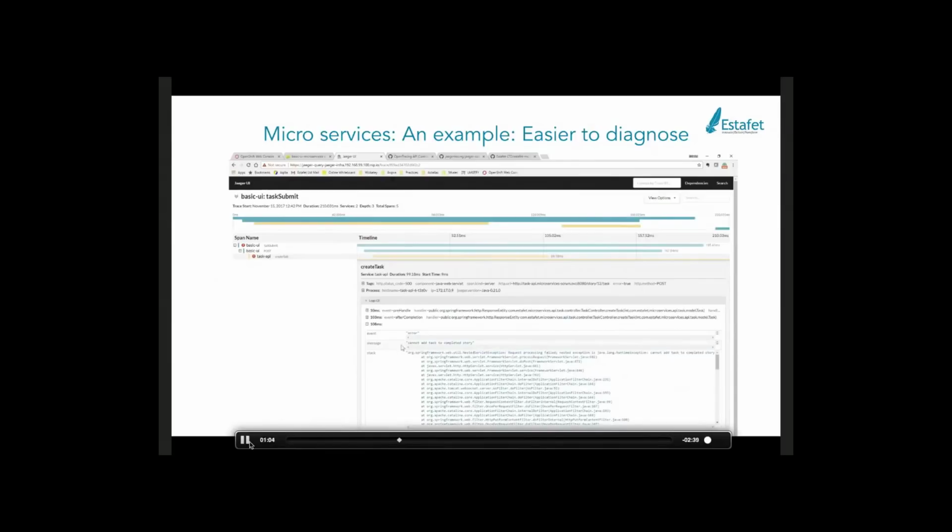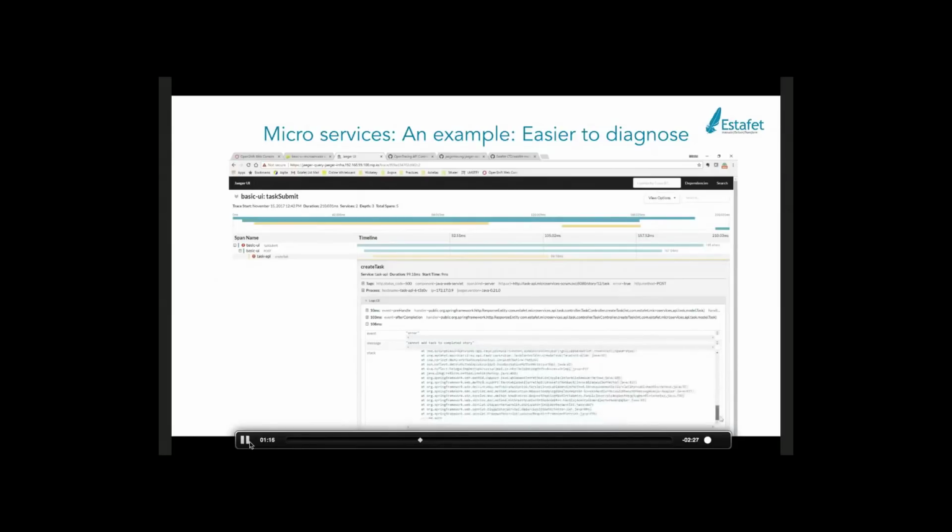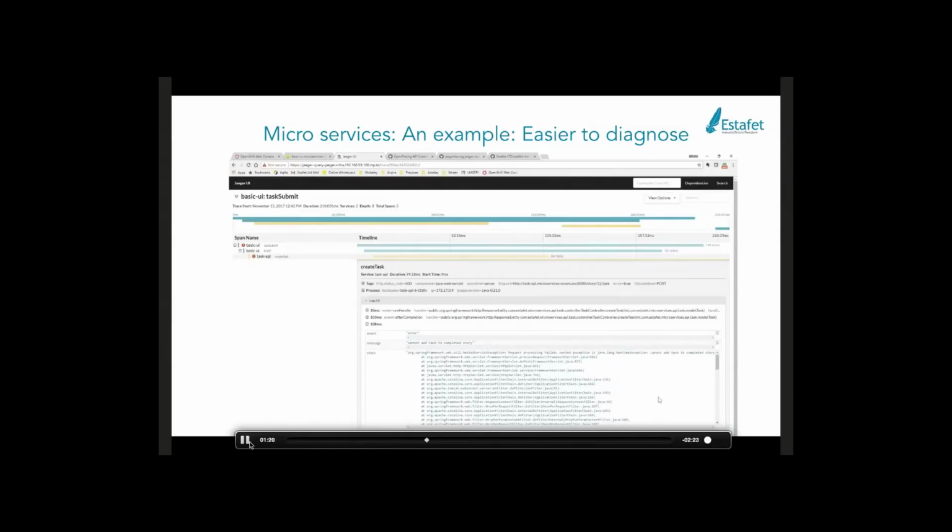So this is really the huge benefit to a developer when they're actually developing stuff and something goes wrong, that you're able to use Jaeger effectively as a distributed debugger that allows you to rectify quite complex problems much faster than you would otherwise be able to do. And in Estafet, this has now become de rigueur. This is what we do when we do microservices. So we don't write microservices without OpenTracing and without the ability to then have those OpenTracing events reported back through Jaeger. So all our developers today use this, and this has had a major impact on their lives,